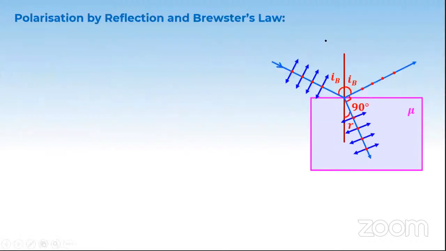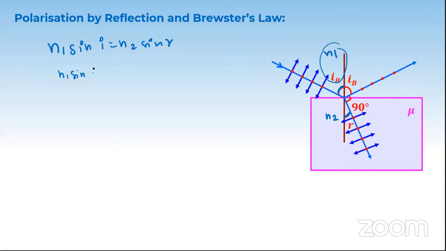Remember that condition. We can derive Brewster's law in a very simple way, by applying Snell's law. You know Snell's law, right? Snell's law is n1 sin i = n2 sin r. For example, if this medium has refractive index n1 and this medium has refractive index n2, this is the angle of incidence i_B, and this is the angle of refraction r. Snell's law becomes n1 sin i_B, where the angle of incidence is Brewster's angle, equal to n2 sin of the angle of refraction. This is Snell's law, a general formula, and this is the formula for this particular situation.